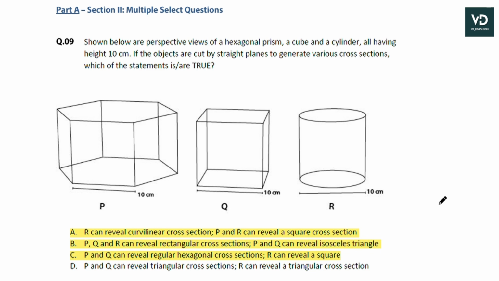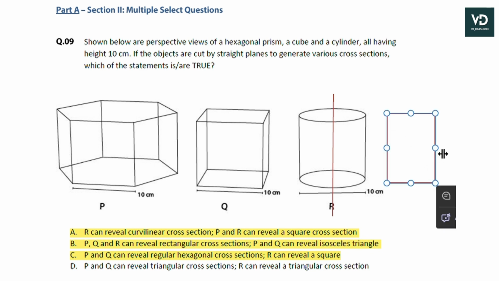Okay. So we can define this like here: if we cut a cylinder like this, the resultant surface will look like a rectangle. Okay. This can be also a square,